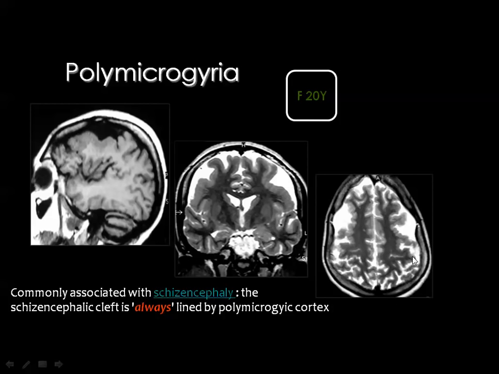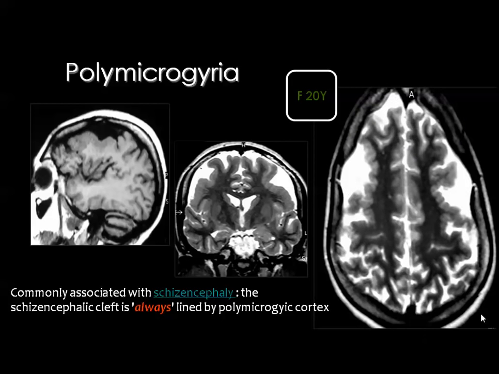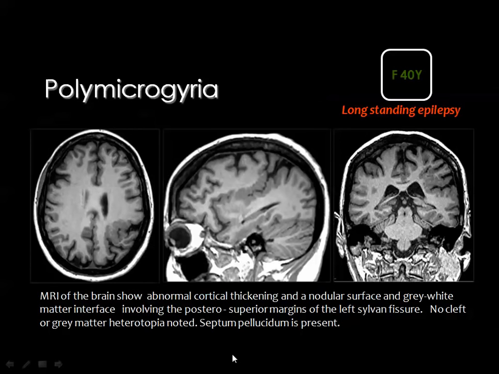Then if you look here, and I will enlarge this image, and if you look around the sylvian fissure, you can see too many small gyri bordering the site of the sylvian fissure bilaterally, and this is polymicrogyria around the sylvian fissures. Also here, you see this amount of gyri and sulci, numerous gyri and sulci, they are seen here, and they are also seen here, and in the coronal image you can see it here compared to